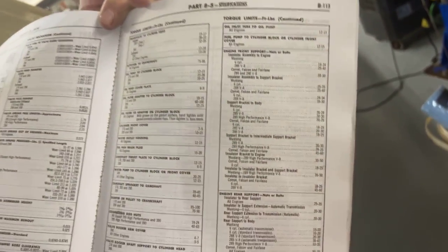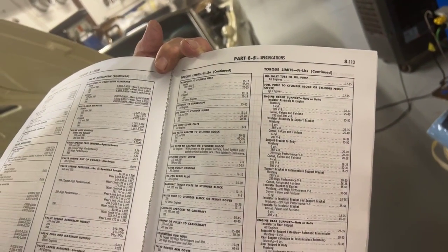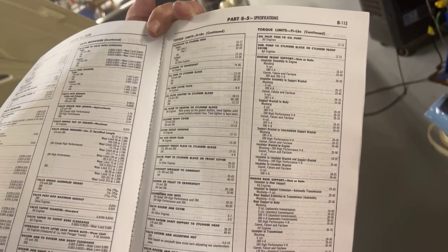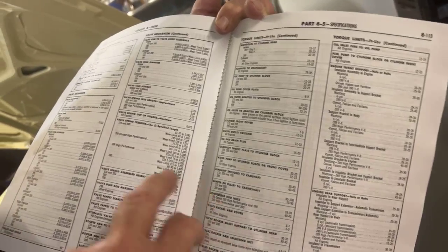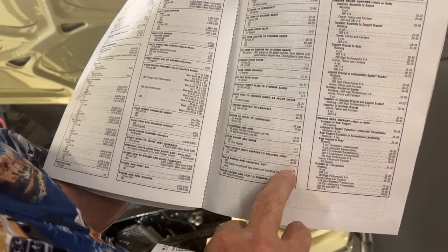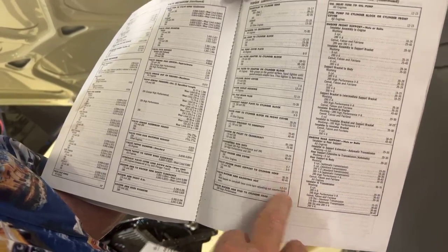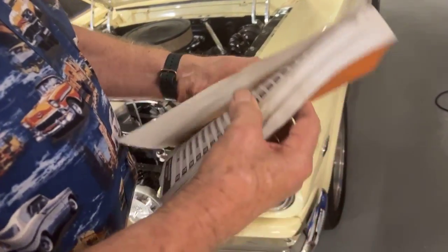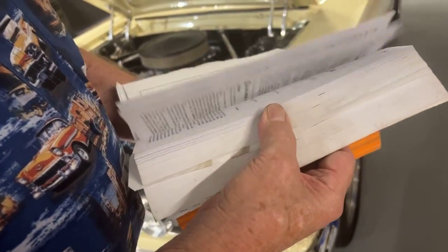So now, why would it be important to have a manual? Well, surprisingly enough, there are sections in the manual that give all kinds of information, and here's a good example. See right there where it says specifications? You don't have to go online and ask a whole bunch of guys how tight a bolt needs to be, or what fluids you need to use or how this works. If you start by just looking at the specifications, you're going to learn a